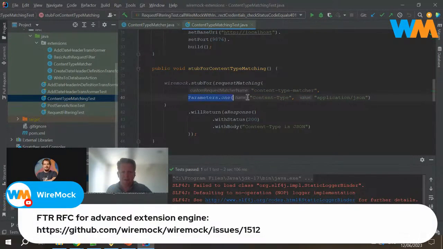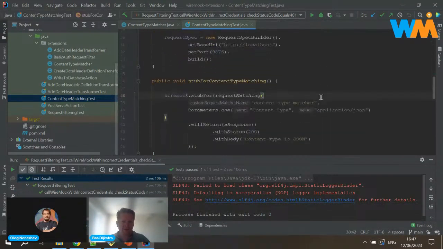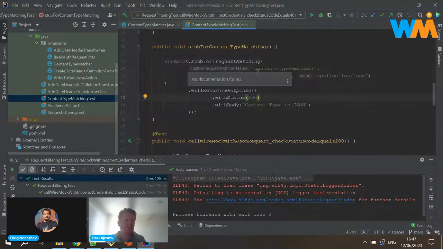And I say I want to pass in a set of parameters. In this case, it's just a single parameter. The parameter name is content type, and the value is equal to JSON, which tells WireMock to apply that custom matching logic.